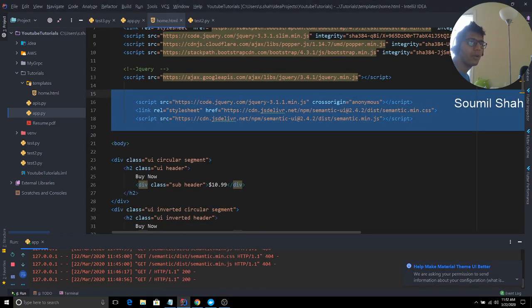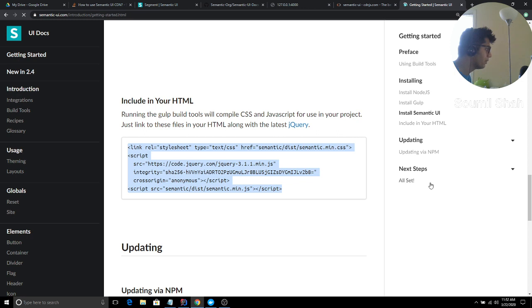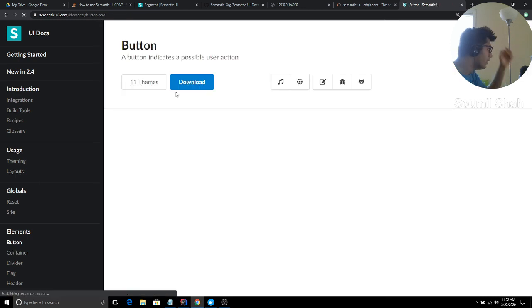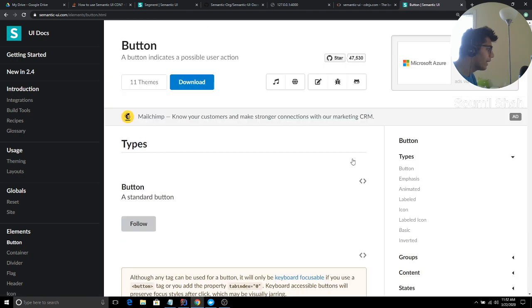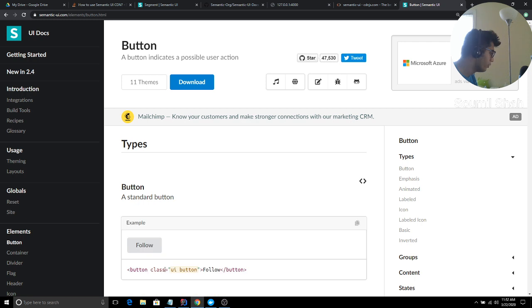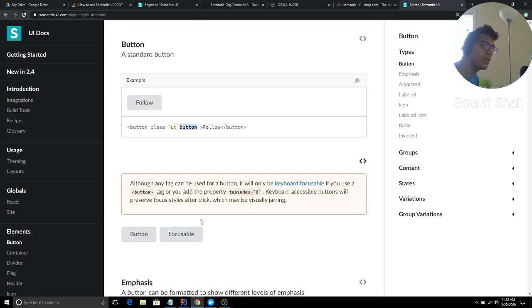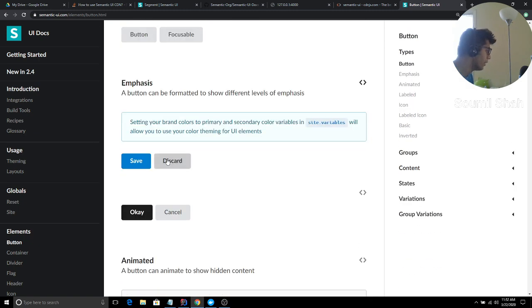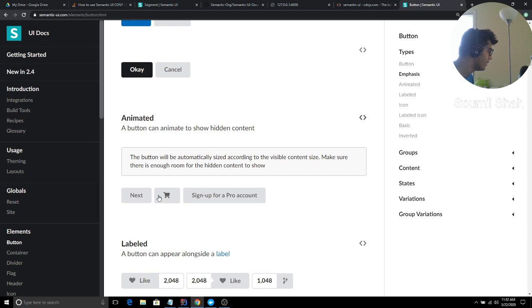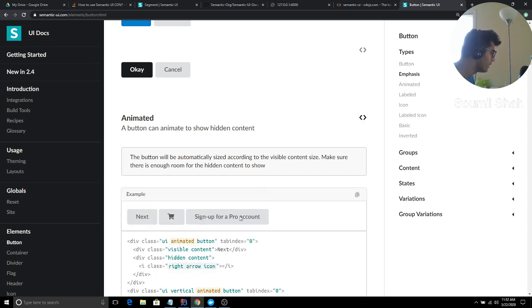Now, guys, I'm going to show you the documentation of Semantics UI. Let's see button, you want to add a button, right? See how amazingly they have nice buttons, like you see follow. If you want to get the code, you just click here and you get the snippets of the code, how to use it. So here you can see button, ui button. In Bootstrap, we say btn primary, so Semantics starts with ui, right? Here you can see all that nice CSS. It adds all of that automatically. You see this hover effect, everything. So beautiful, guys. Look at this.